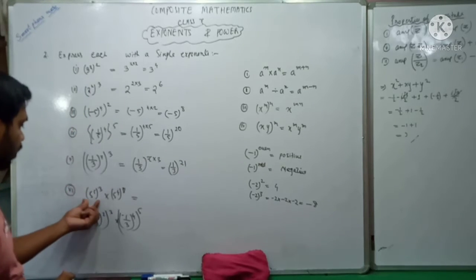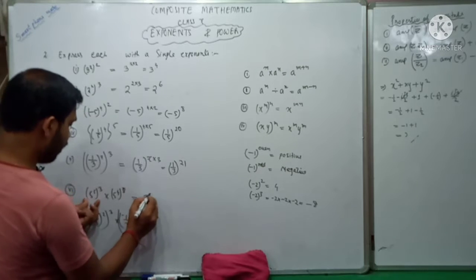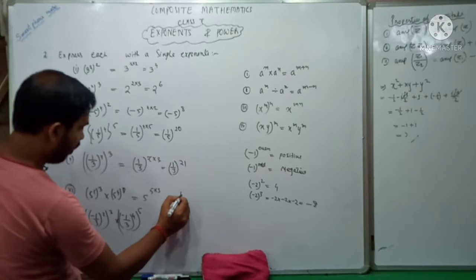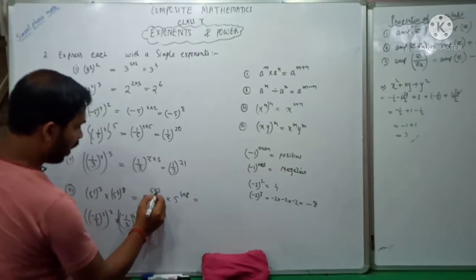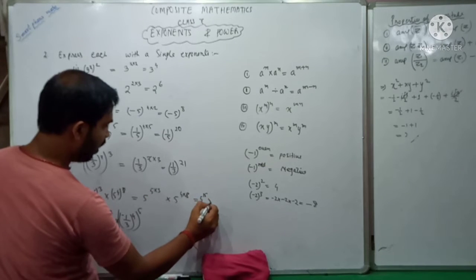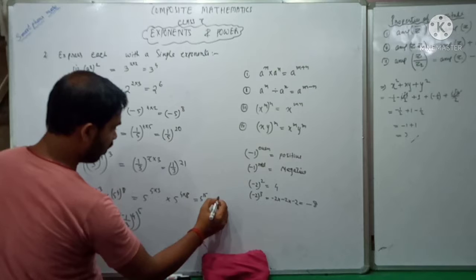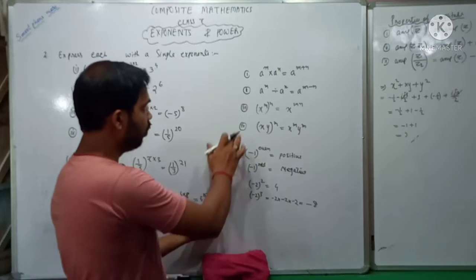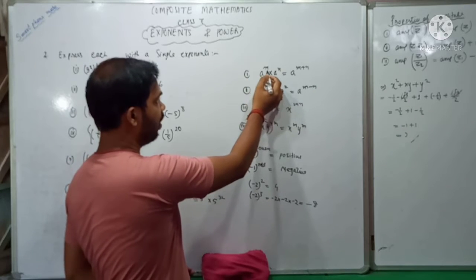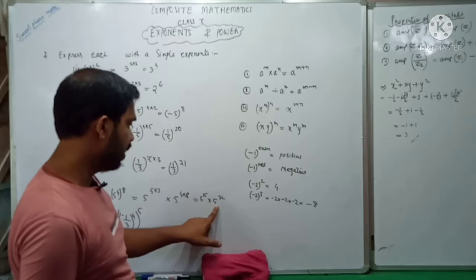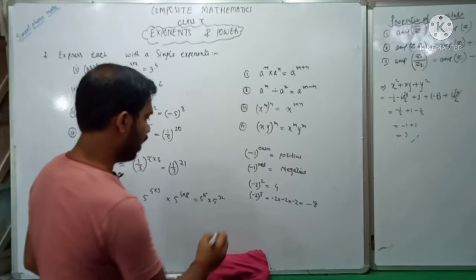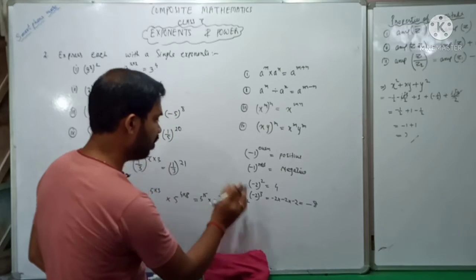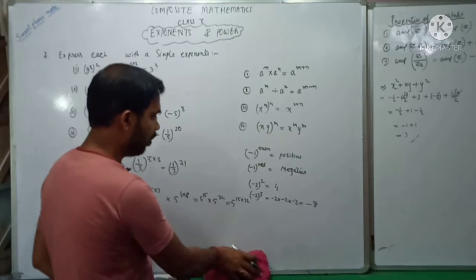This one, how will we solve? Here you see, 5 power 3 whole power 5 into 5 power 4 whole power 8. Then how much will it be? 5 into 3 is 15, so it is 5 power 15 into 5 power 32, since 4 into 8 is 32. Now you see, which one law will you use here? We will use the first law. What does the first law say? When the bases are the same and multiplied, then the powers will be added. So how much will it become? It will become 5 power 15 plus 32. That means the powers will be added. Okay, I will rub this one.